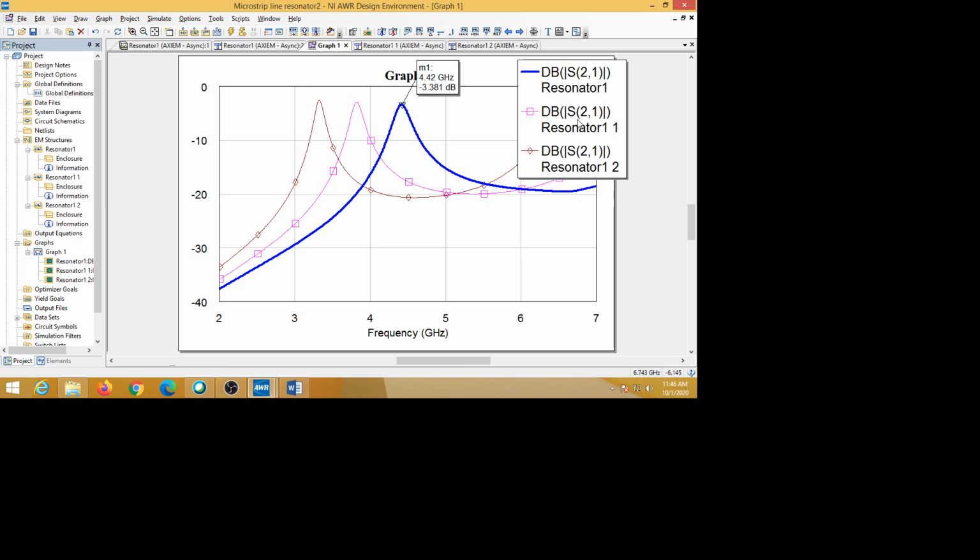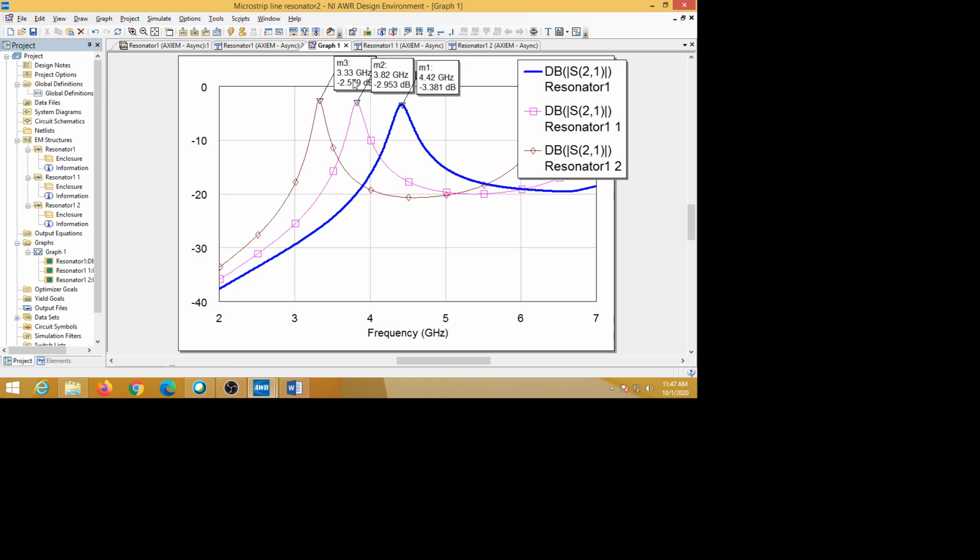If you change the permittivity, the resonant frequency is shifting to the lower side. For 3.12, the resonant frequency is 3.82, and if you put 4.3, you are getting it at 3.3 gigahertz. So the resonant frequency is shifting to the lower side here.